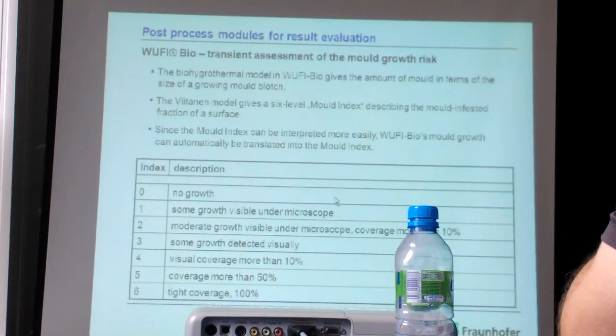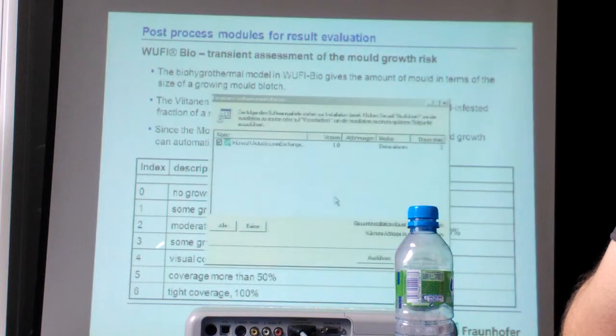Over here. So Viitanen is saying if you have no growth, you have an index of 0. If you can see some, or 1 and 2 is there is a little bit of mold, but you cannot see it, so that's not interesting. And if you have 3 or